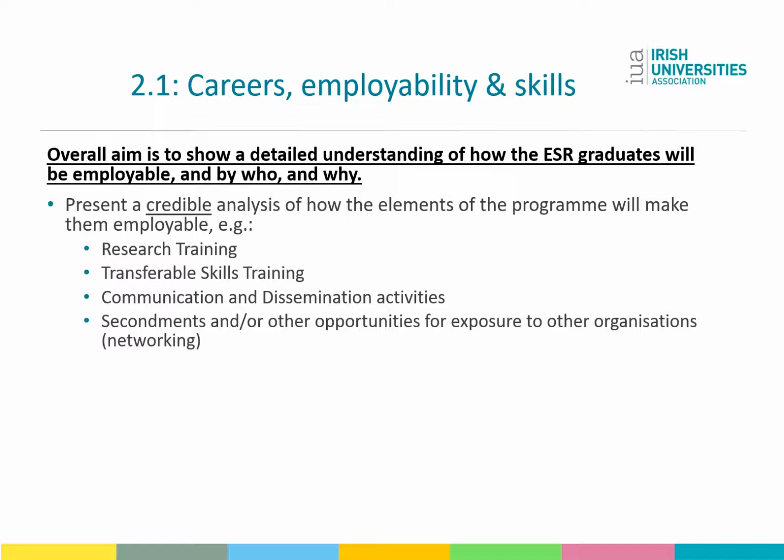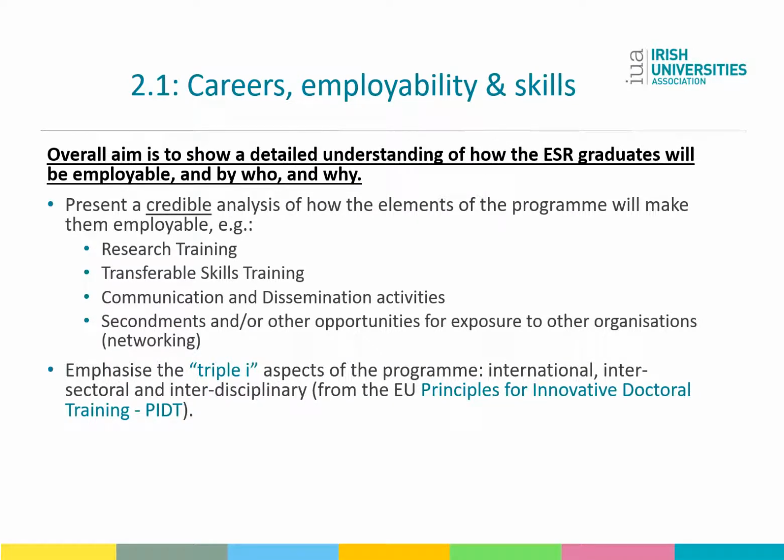Here refer to the different types of research training they will obtain, the transferable skills training, and the communication and dissemination activities. In addition, it is important to outline how the secondments and other opportunities for exposure to other organisations and the networking involved will make them more employable. Do not repeat how the skills will be delivered, instead focus here on the impact of the skills on the